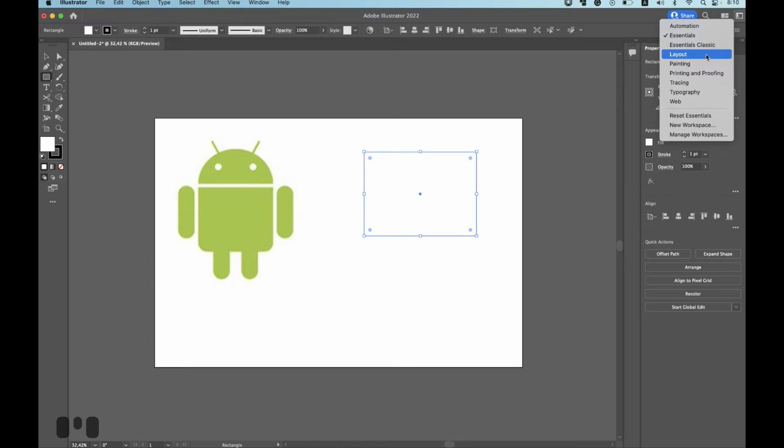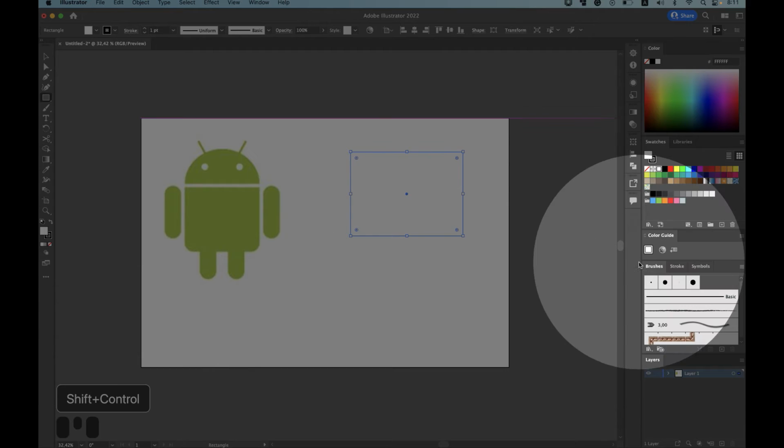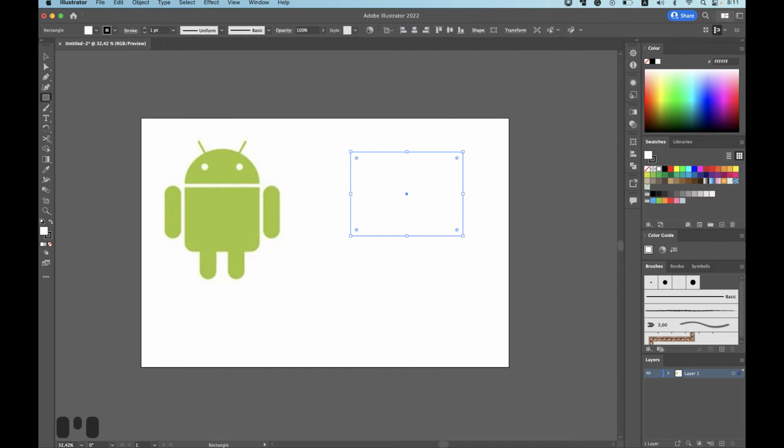Click it. By default it will be set as Essentials, so depending on what you are doing you may have a variety of different preset workspaces. For example, if you want to paint something, you can choose this one. And all of this stuff has changed. We're gonna cover other workspaces, and now I just leave Essentials.